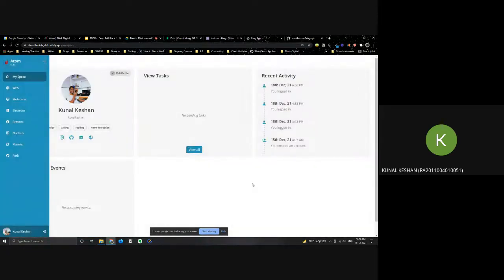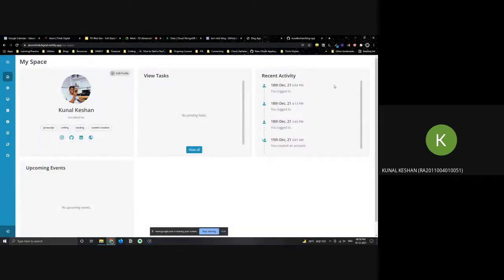So basically, when you are coming here for the first time, there'll be a gift icon at the top right corner. It will prompt you to fill a form. Basically, we have some goodies that we want to give to our team members, right? So you can fill the form and put a location, whether you want to collect it at the college or get it delivered directly to your home.